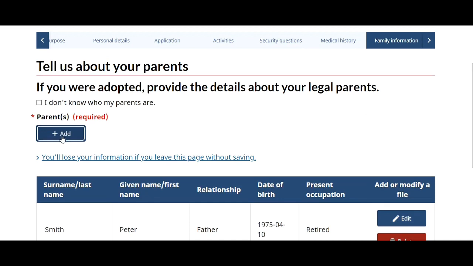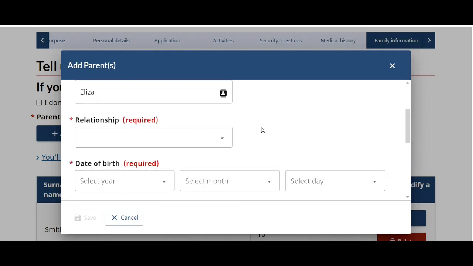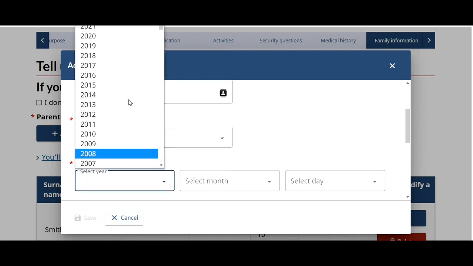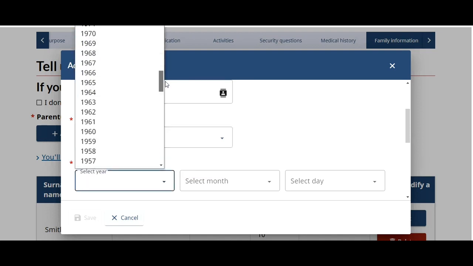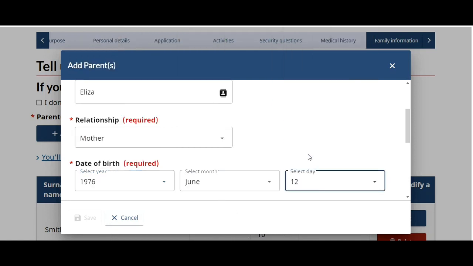Perfect. Now let's add mother. So I put the name as Eliza Smith. Relationship, mother. Let's say she was born in 1976, in June.